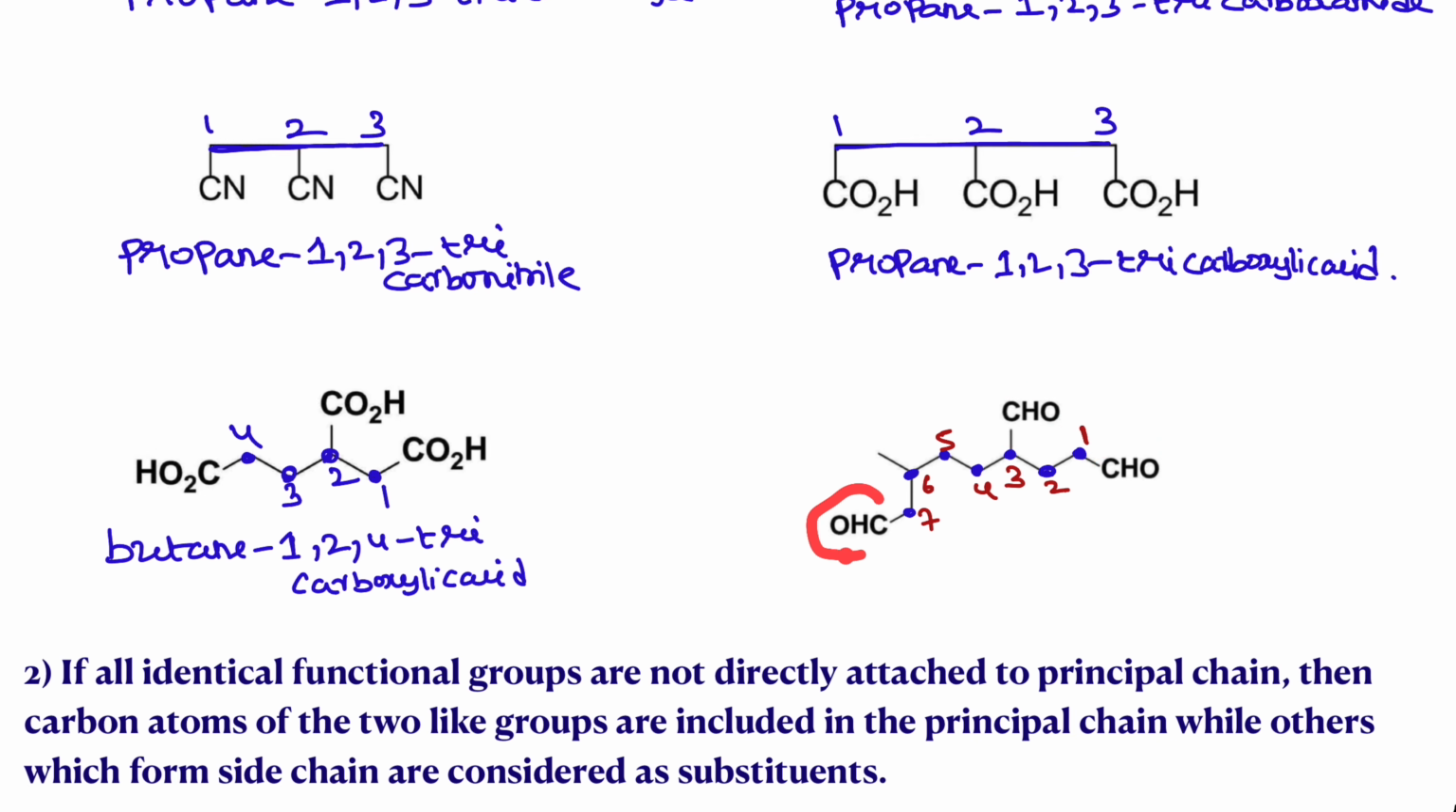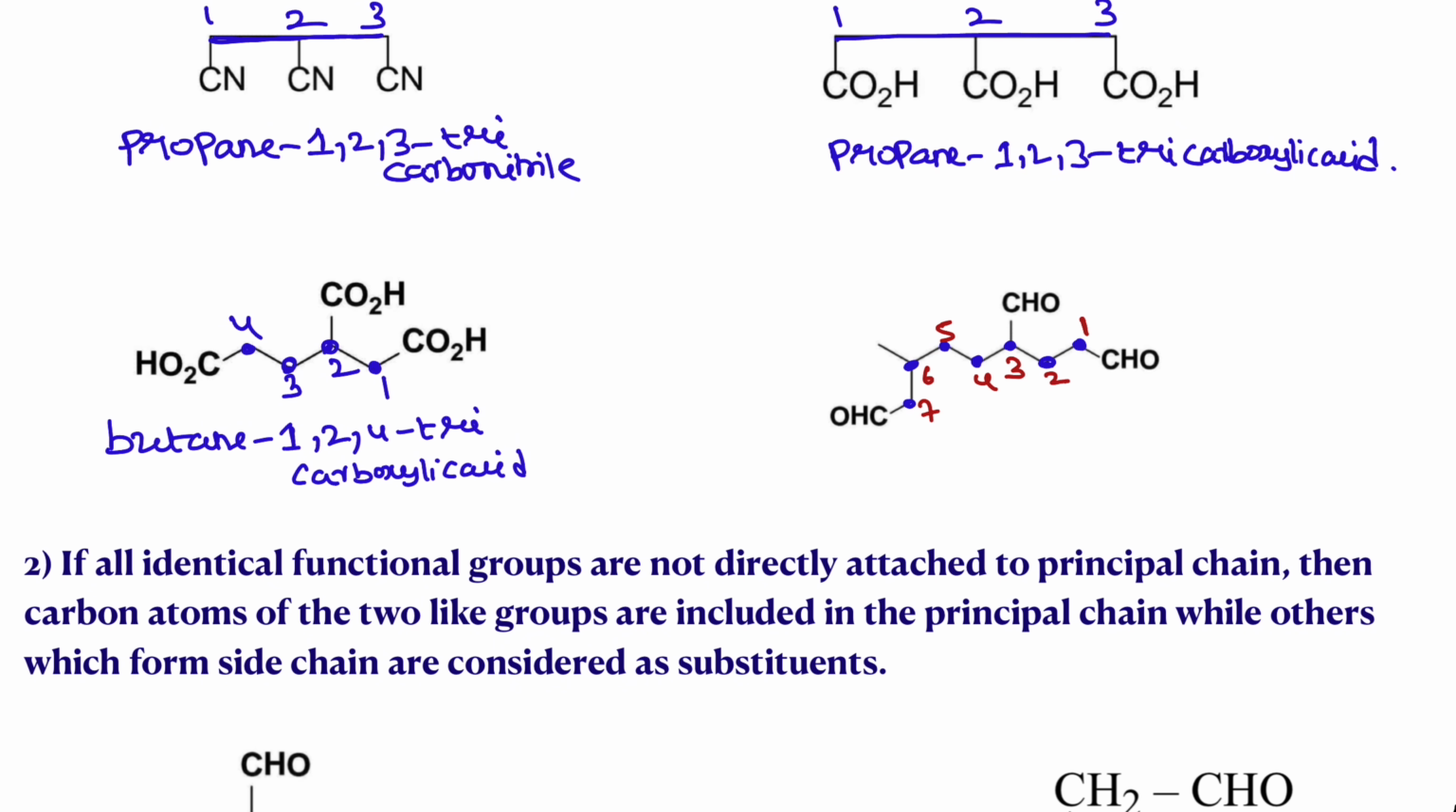If you start numbering from this side, one aldehyde is at first place, but this will be more than 3. You just check the possibility by giving numbering from the left side, and it's very clear this is a substituent, a methyl group. In order to indicate the name of the substituent we have to use a prefix. Ultimately the name of this compound is 6-methyl,